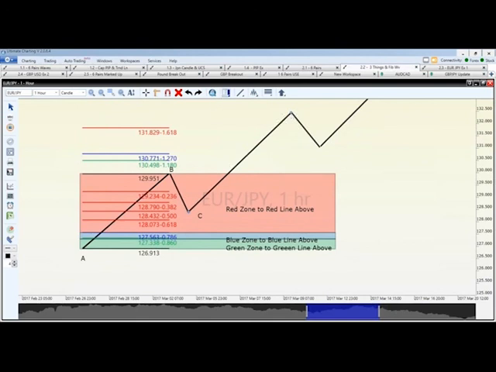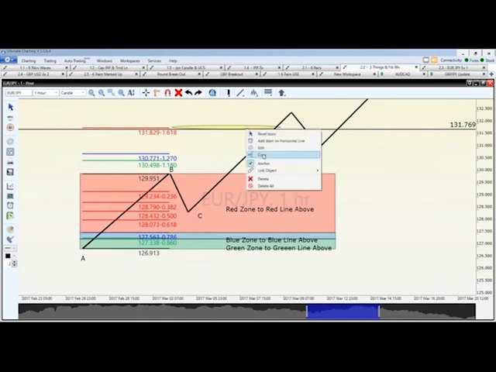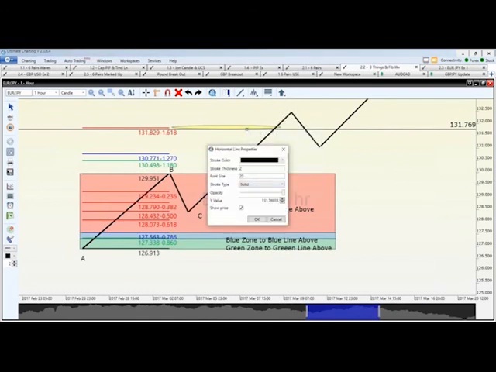So what we're saying right here is, in this one, it went down into this C zone, it went into the red. So we would expect that it's going to come up to this level right here. We expect it to go up there, and that's the area that we're expecting to get to. And I can put in a little line right here. I'll make it green just to show you what we think. We think it's going to go to that line.